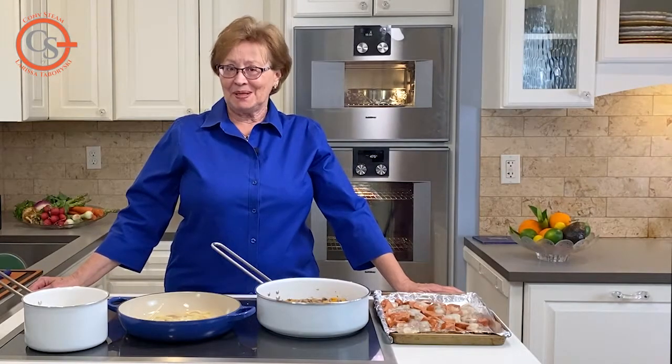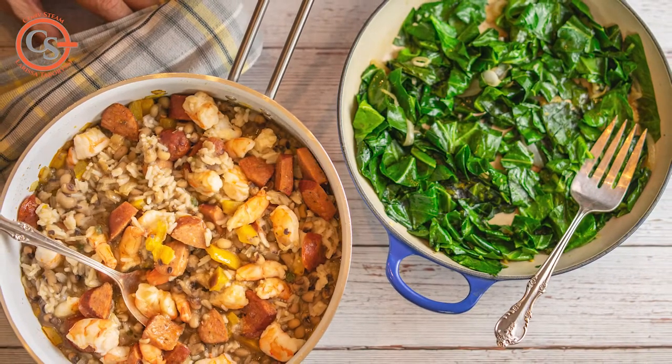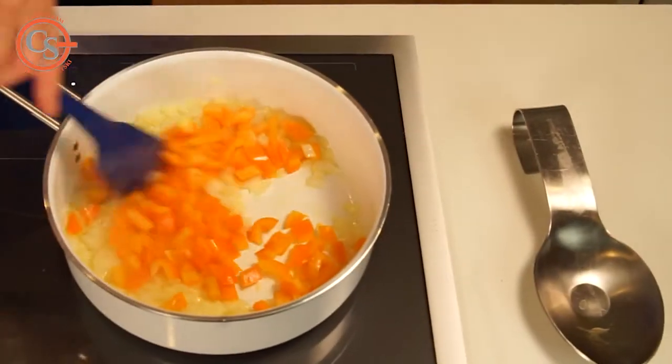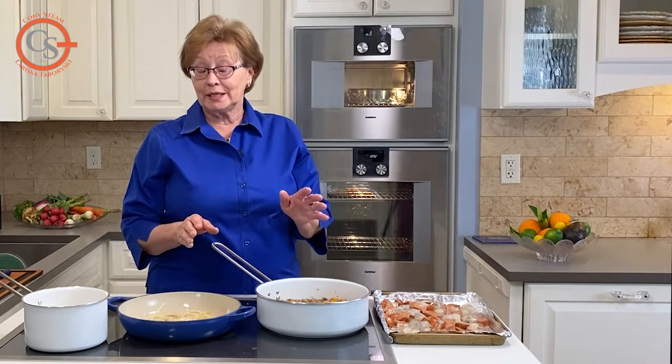Black-eyed pea jambalaya with broiled shrimp is an easy, delicious recipe that makes good use of your convection oven. Yes, the majority of the meal is cooked on the cooktop, but it always works out better to actually broil the shrimp and the sausage in the oven. So really, I'm using this video as an excuse to give you a refresher on the different little tips for